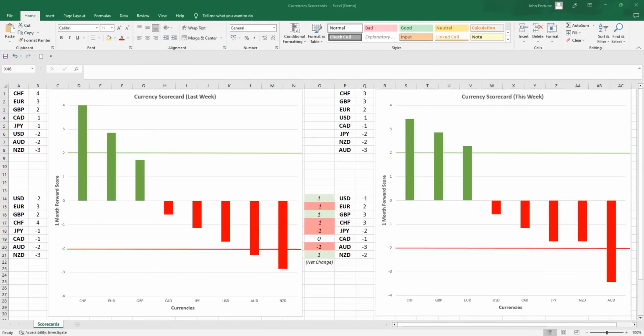Okay, so let's have a look at the scores for the coming week, and you can see there's quite a lot going on here in the scorecards. The US dollar has actually strengthened, and the probabilities of the dollar actually going down versus many of the majors here have actually diminished. So this is also supportive, although the scorecards are not taking the BOJ policy into account necessarily.